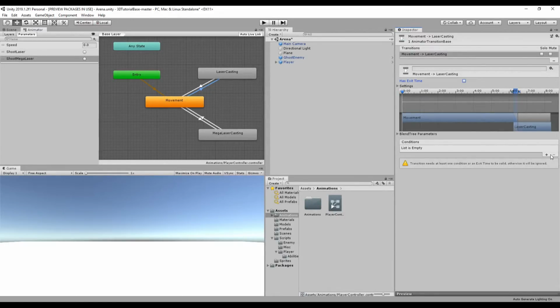In the condition section, we're going to use one of the triggers to activate this animation. Click on the plus icon and change the parameter to shoot laser. This means that when shoot laser is triggered, this transition will happen and the animation for laser casting will begin to play. For the transition back into movement, we want the laser casting animation to play out all the way